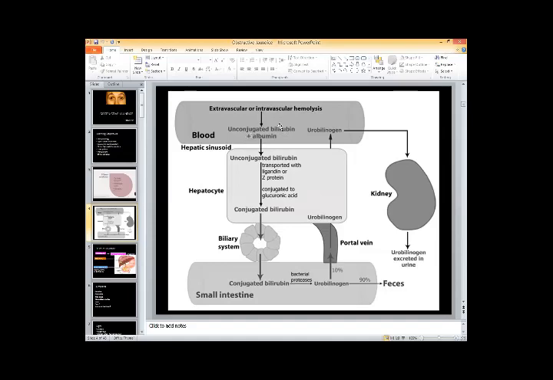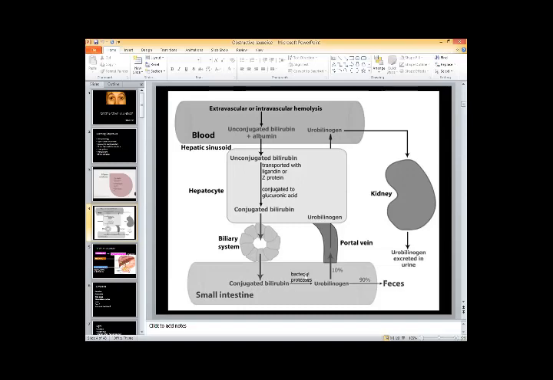the albumin as a transport protein. And this unconjugated bilirubin comes to the liver, where it is taken up by the liver cells and conjugates to glucuronic acid, and it becomes conjugated bilirubin in the liver cells. So this conjugated bilirubin then is secreted into the bile ducts, and this goes down into the small intestine, where